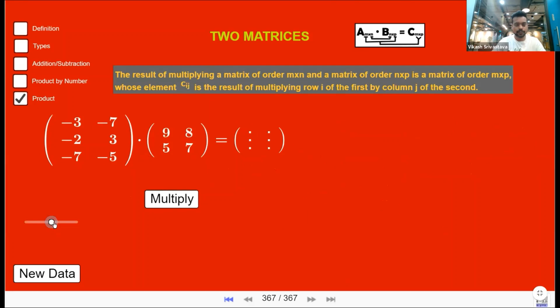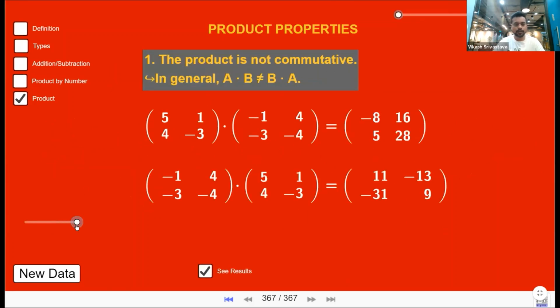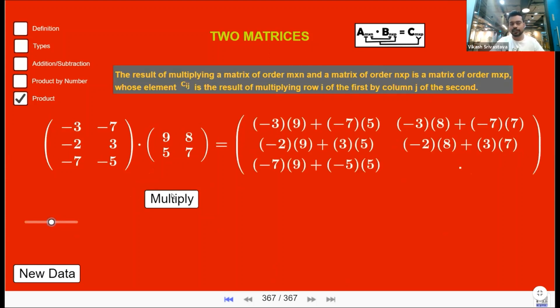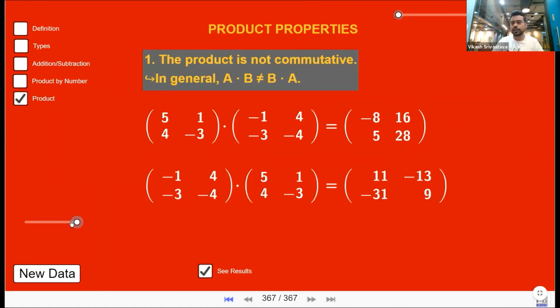Now let's move ahead. Now we are ready. We now know how we can multiply two matrices, when two matrices are multipliable, and what the order of the resultant matrix will be. And you can of course calculate each element because I've told you the rules, right? Now let's look at some of the important properties of the